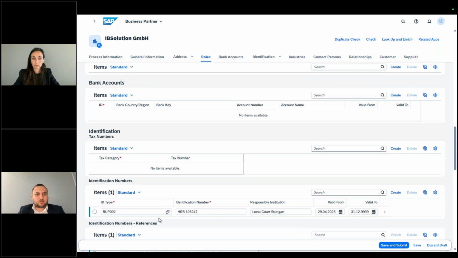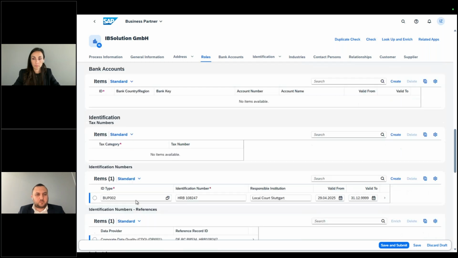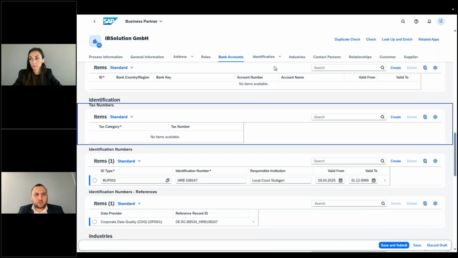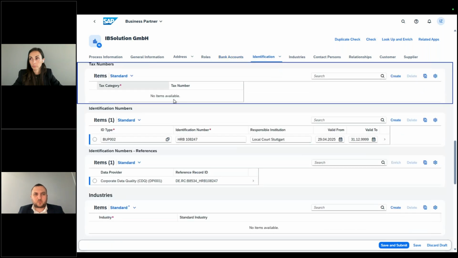So we have the specific identification number filled right away, so we have the CDQ, and then this is the local court of Stuttgart number. If I'm not mistaken, somewhere we should also see the tax number. Okay, it's being transferred to the identification number, but yeah, as you can see it right away.